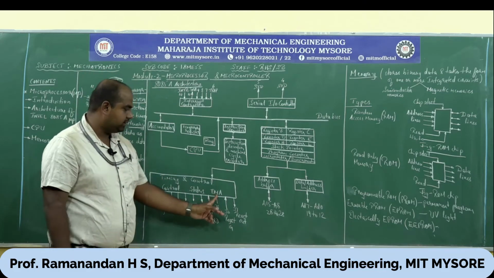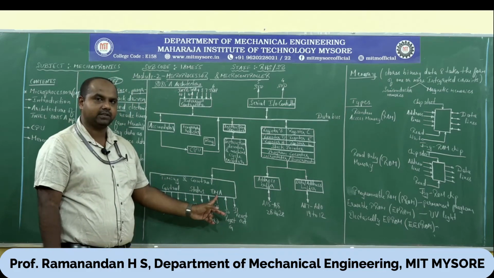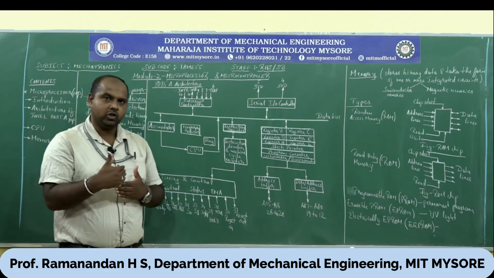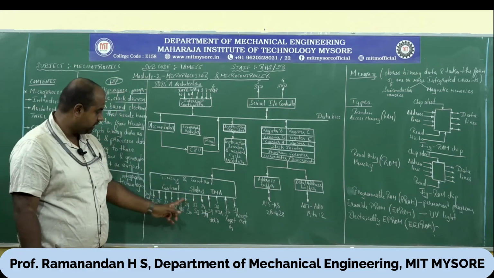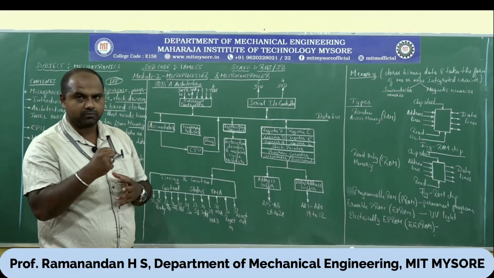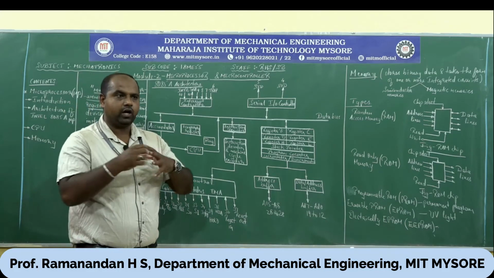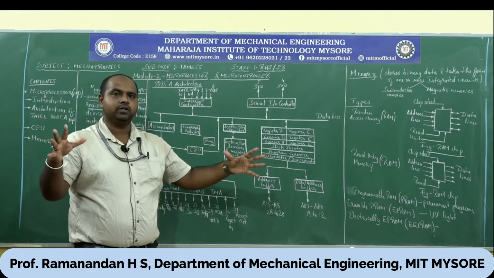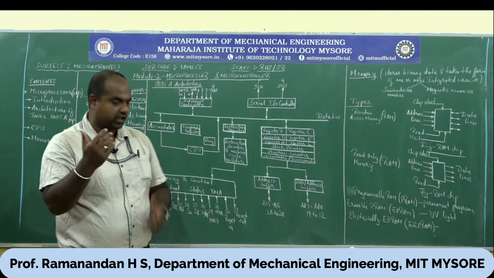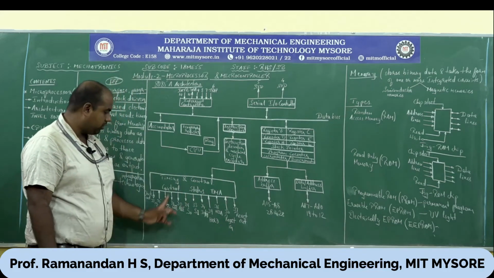DMA is nothing but direct memory access. Status. So what is the state right now? That is being handled by a few pins. Control. Usually the microprocessor is used as a control system. You have to handle so many activities. If you don't have control over the activities, it is useless. So there are a few pins to control the activity.